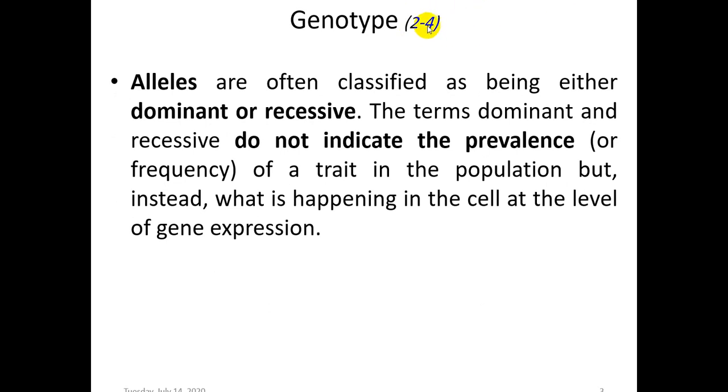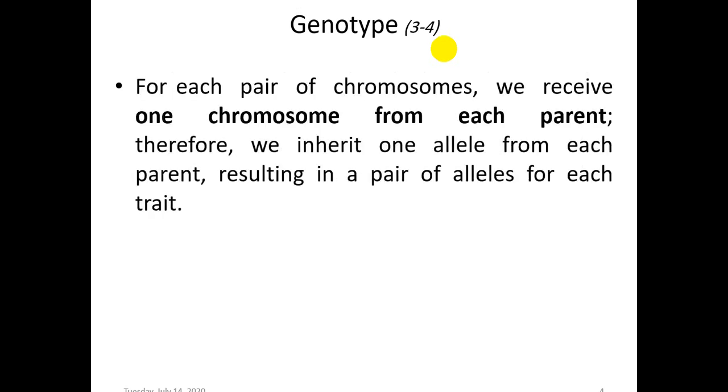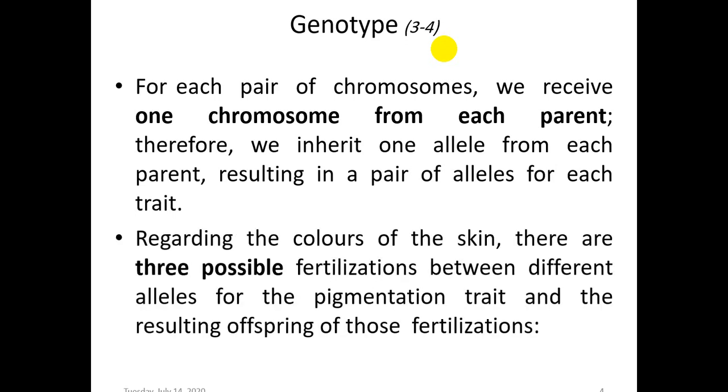here you see 2 out of 4, so this is the second slide. An allele is, of course, either dominant or recessive, and it is not necessary that the dominant one is more prevalent in society. Of course, human beings or organisms have pairs of chromosomes. For example, chromosome number 5: you have 2 chromosome number 5, one from the father and one from the mother. Okay,